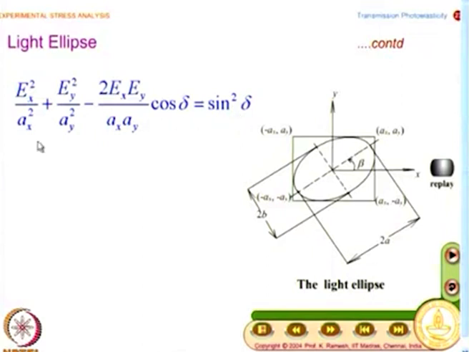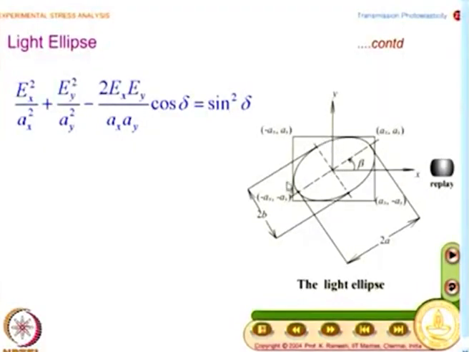And this is the generic expression of an ellipse. Suppose delta becomes pi by 2, what happens to this expression? You have this becomes 1 and this term goes to 0, and this is your famous equation of ellipse. You have x squared by a squared plus y squared by b squared equal to 1. That you all know, that is the equation of an ellipse. And what you have here is an equation of an ellipse at some arbitrary angle. I have this as the light ellipse,